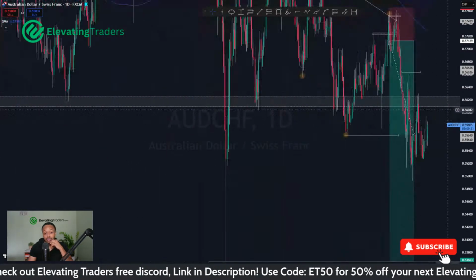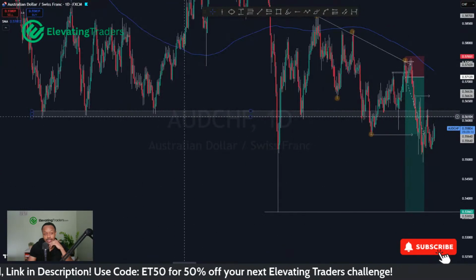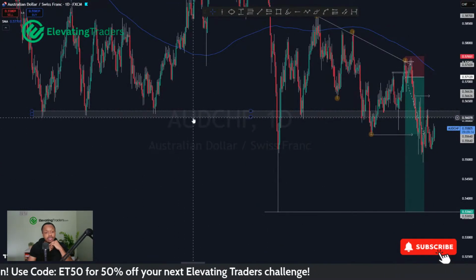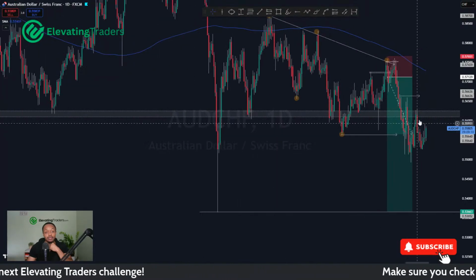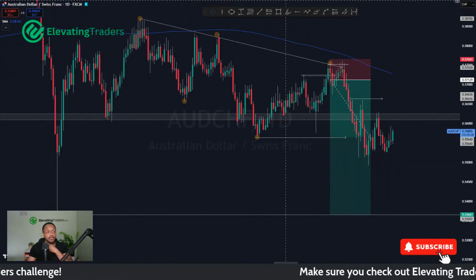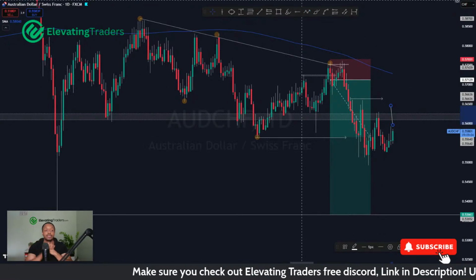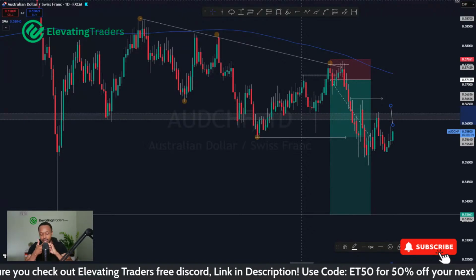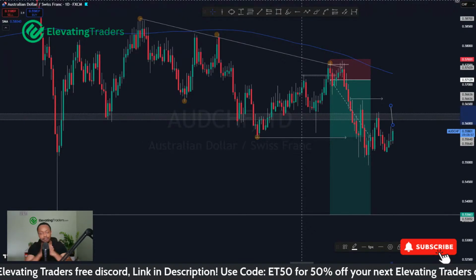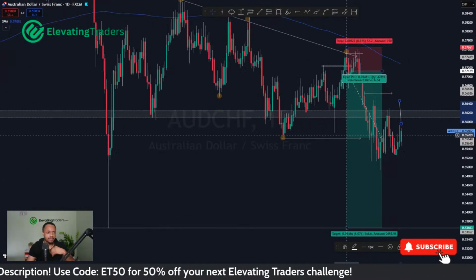But yeah, we still do have a really solid level of support, which now flips to resistance just above us here. So I feel like as long as we can respect that, then there is still that possibility for price to really sell off. If we do go and break that resistance and clear that level, then yeah, I'll probably be in a bit of trouble, and will probably get my remaining positions trailed out, but that's fine anyway, if it wants to do that.